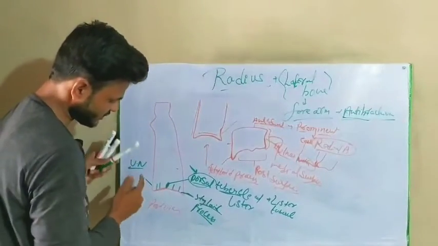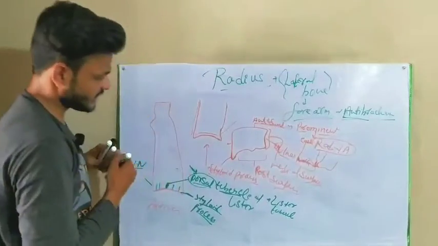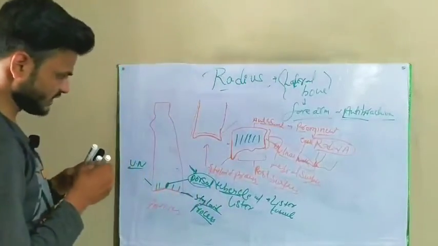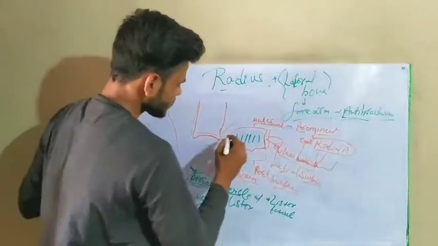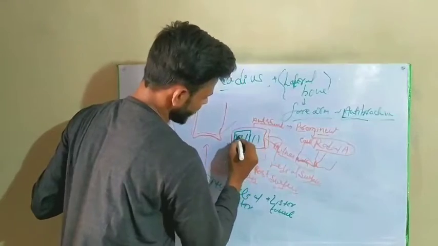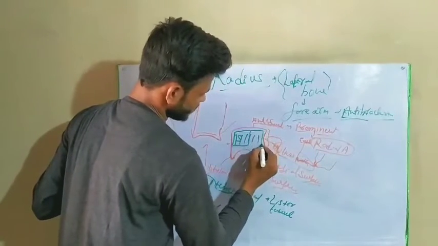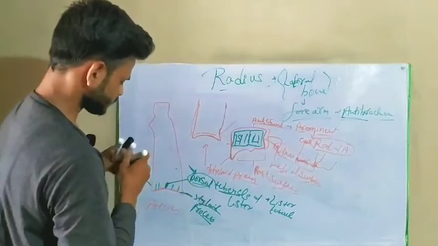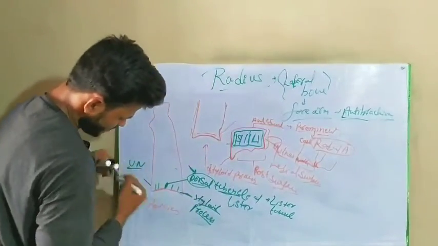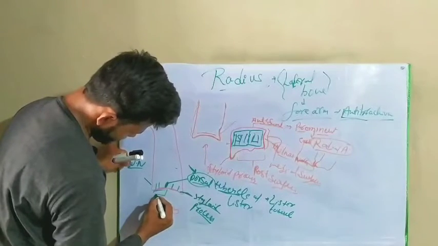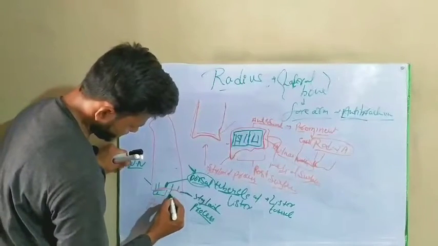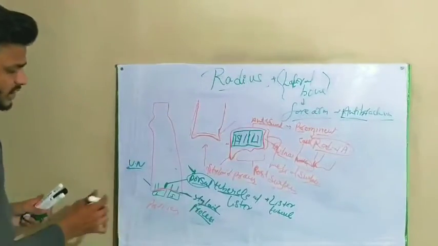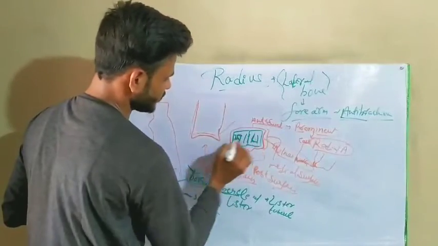This is our ulnar notch, and one more surface is also situated here. This surface is our inferior surface. The inferior surface articulates firstly with the scaphoid, and the other part articulates with the lunate, and forms the wrist joint. The inferior surface articulates with the scaphoid and lunate.